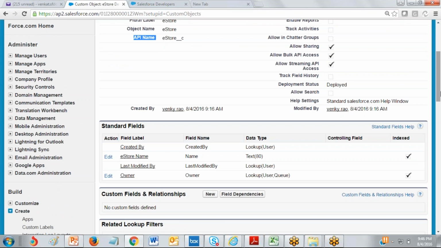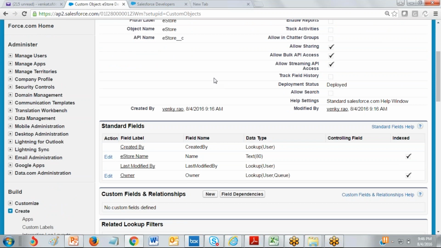Internally it will create some code. The code is generated internally, that is the reason we refer to it as an API. Going forward we'll understand the purpose of this API. Okay, as of now leave it.